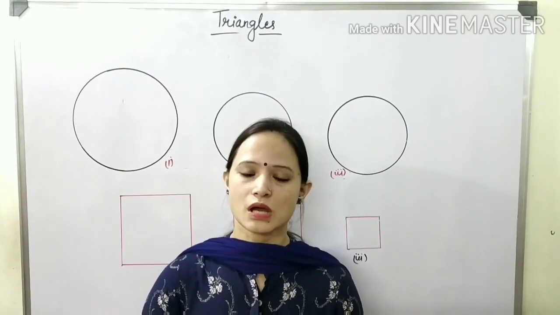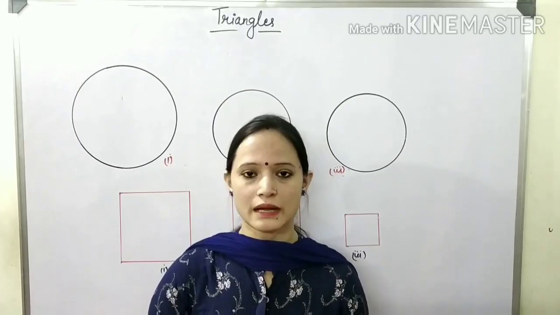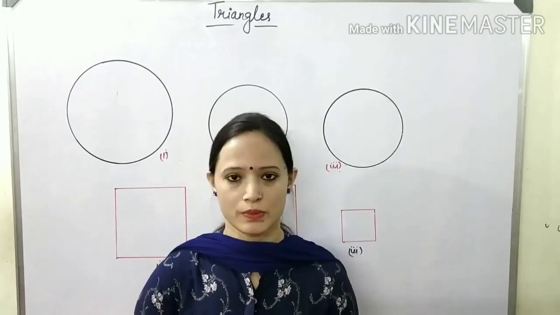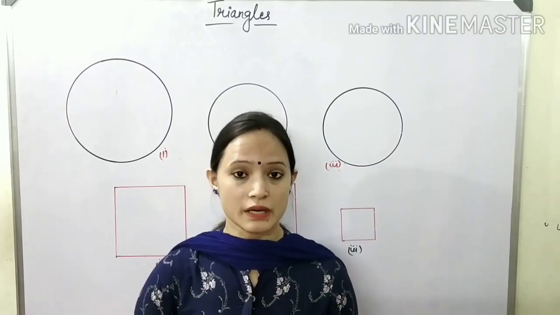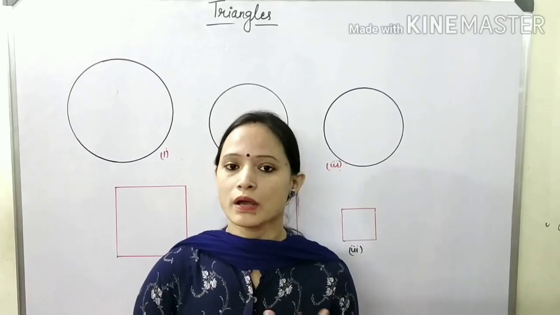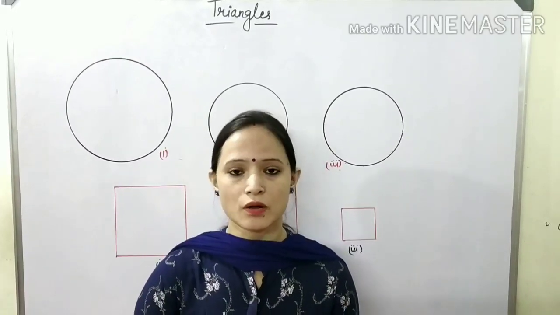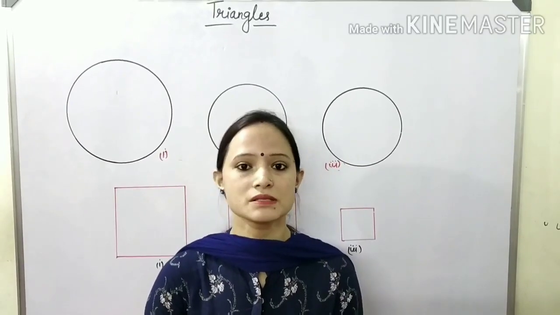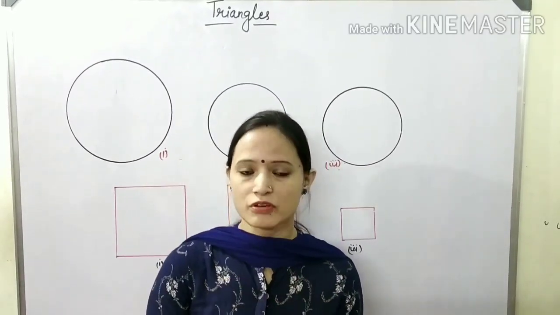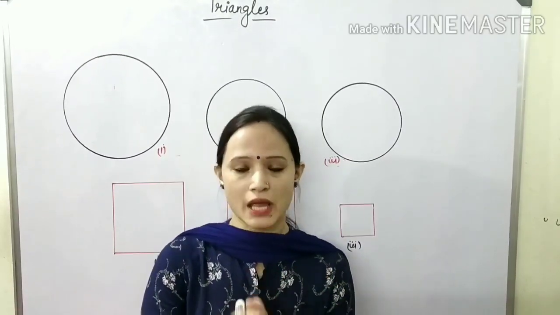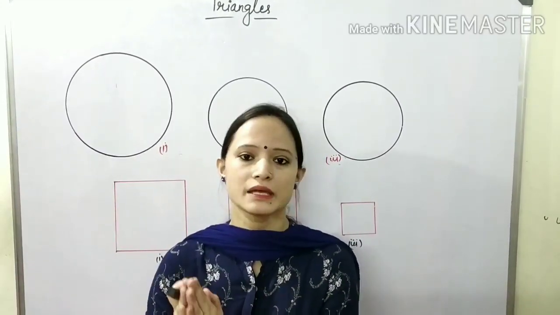Today we are going to start the 6th chapter of your textbook, that is triangles. We are already familiar with triangles and many of their properties. Recall that we have studied congruence of triangles in detail in class 9th. What are congruent figures? If you remember, congruent figures are figures which are the same in shape and the same in size. In this chapter, we shall study those figures which are the same in shape but not necessarily in size.